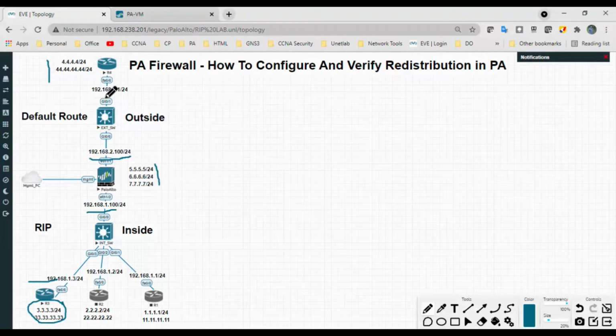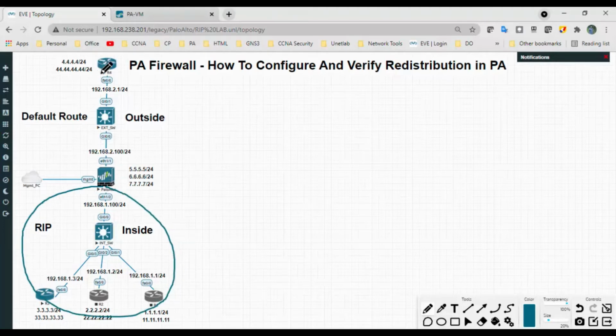Okay, redistribution is nothing but exchanging the routing information between different protocols. For example, in this example, for the inside network I want to enable the RIP protocol, and for outside I want to enable the default route, or you can use any routing protocol like OSPF, RIP, or any other.